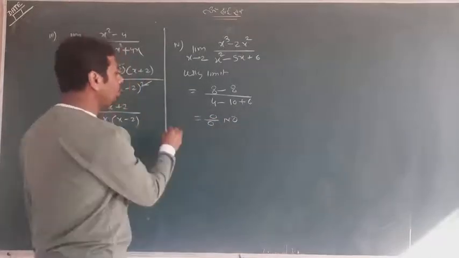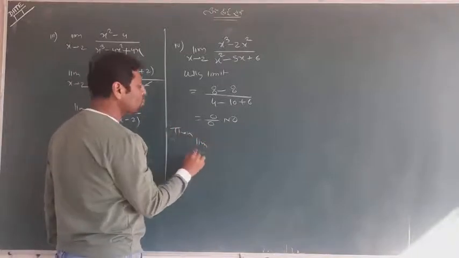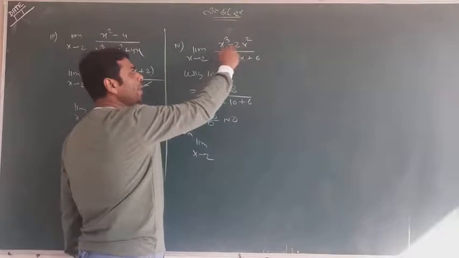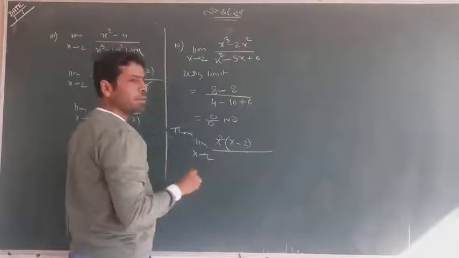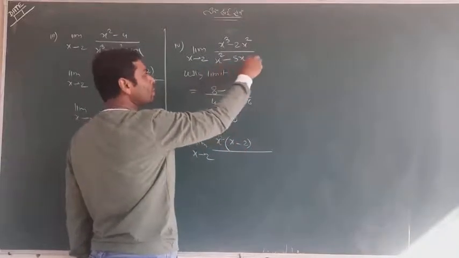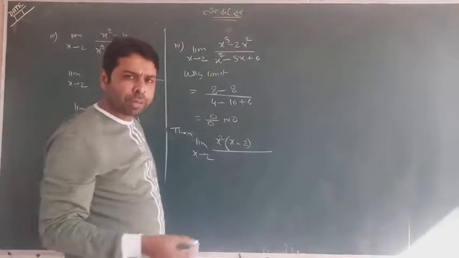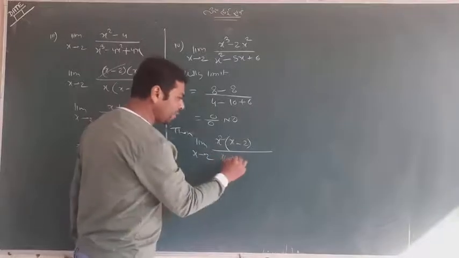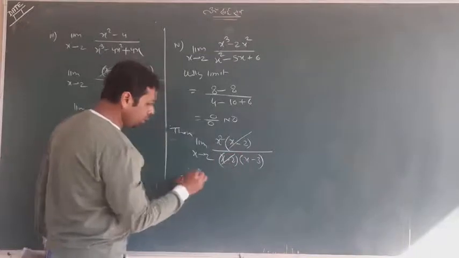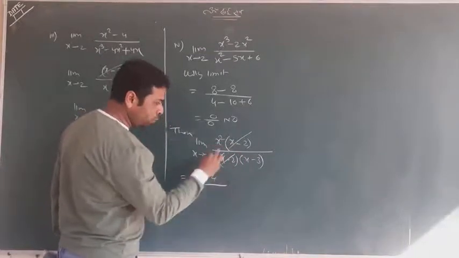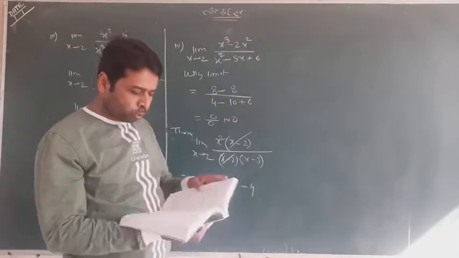So whenever this condition comes, I write limit x tends to 2 and simplify. In x cube minus 2x square, I write x square common, so x minus 2 remains. And the denominator, one can understand, x square minus 5x plus 6, you can factorize by the middle term splitting method. By the middle term splitting method, you will have x minus 2 and x minus 3. These two will cancel. So after this, using the limit, 2 twos are 4 and 2 minus 3 is minus 1. So your answer is minus 4. This is completion. I hope students you are getting it.